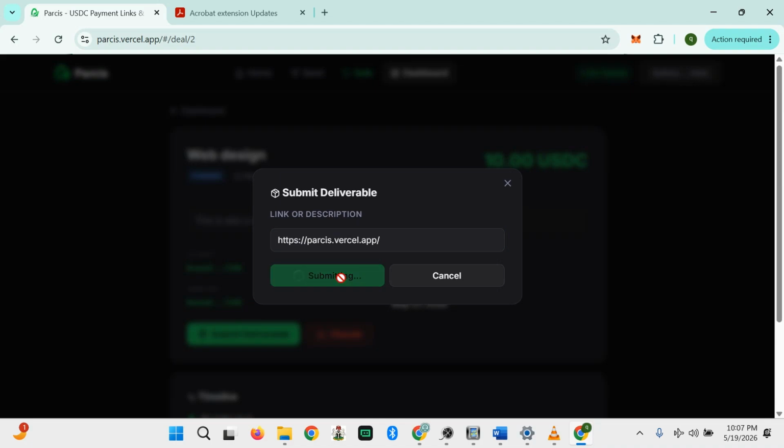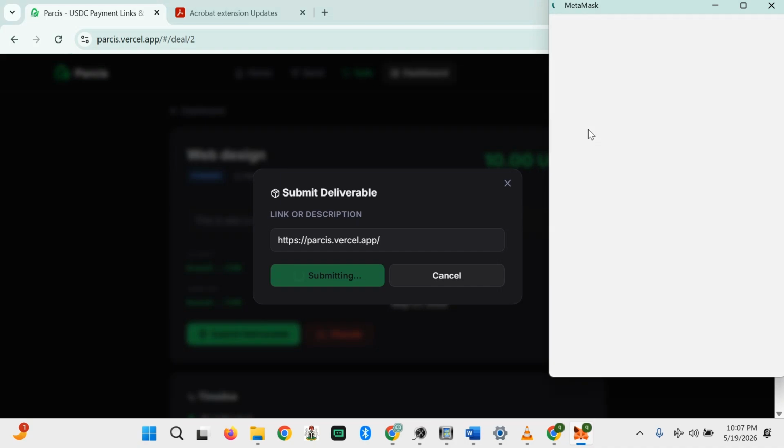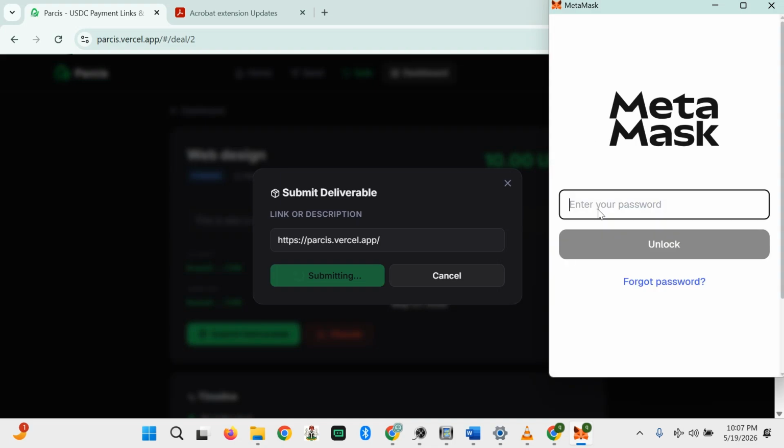The reason you are seeing a transaction every time is because everything is live on chain. There is no database. You just cross the code, cross the smart contract.